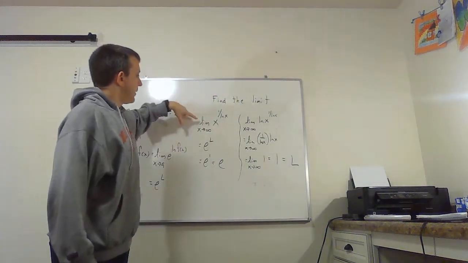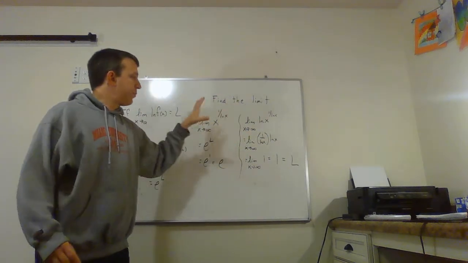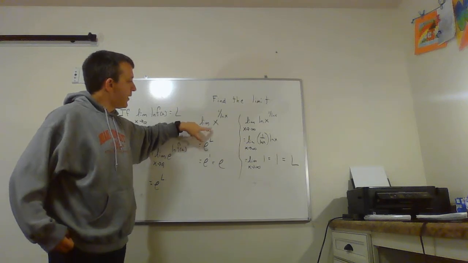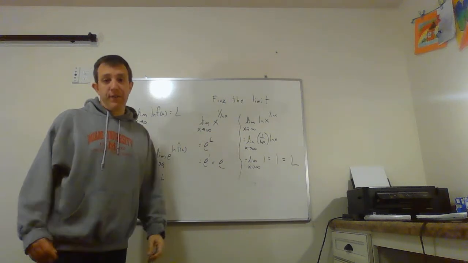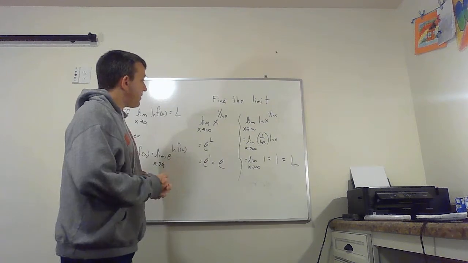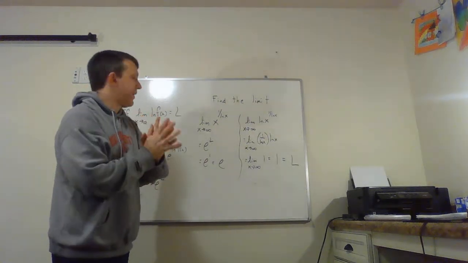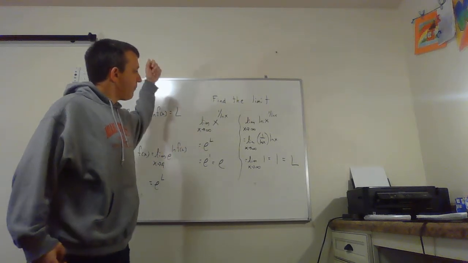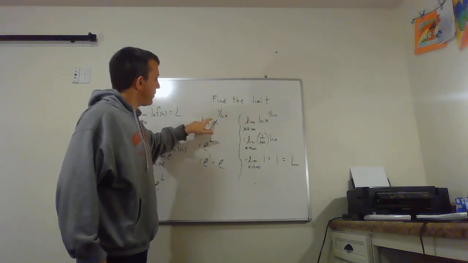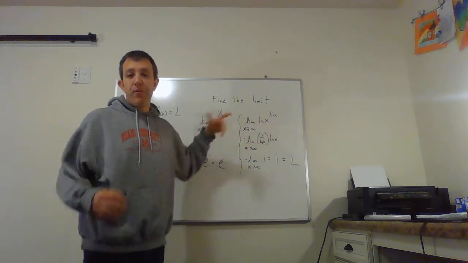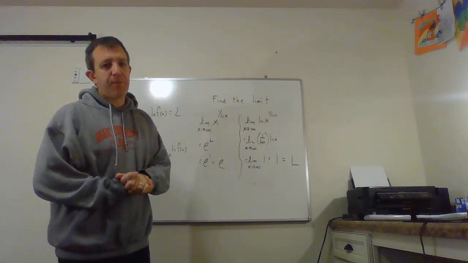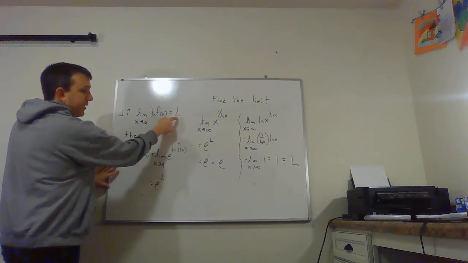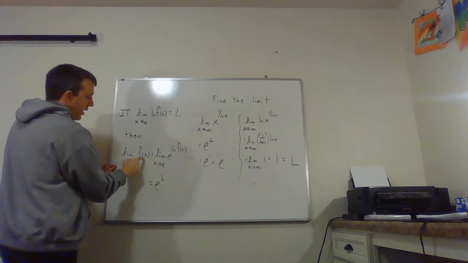We have find the limit. This is what I want to find. You'll see I split the paper. We'll get to that side in just a second. I want to find the limit as x goes to infinity of x raised to the 1 over natural log of x power. Now that's a mess. It's really a mess. So this one can be done very nicely by saying, okay, what happens if we throw a natural log on the inside? If we throw a natural log on the inside, do we get something that works out pretty nice for us? Because if we can get that limit, then the one we want is just going to be